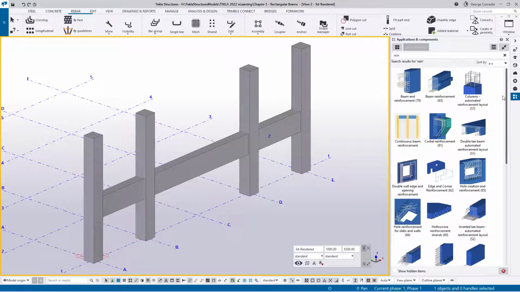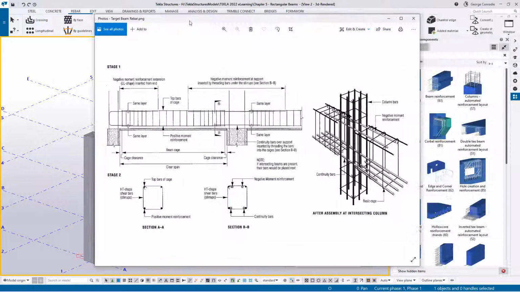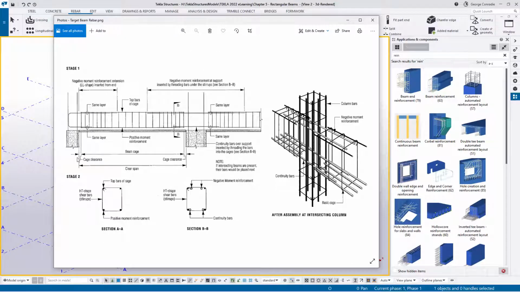So with that in mind, I also want to follow some sort of a guide. I don't have much in terms of a design in front of me, but what I do have is a little extract from the reinforcement detailing handbook, and it's available from the Concrete Institute of Australia. It's an extremely comprehensive manual regarding the reinforcement of all components and the rules and regulations around them. But what I do want to do is just follow this guideline in terms of the layout of the beam